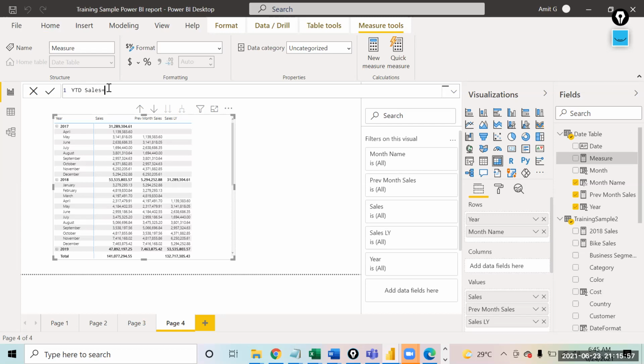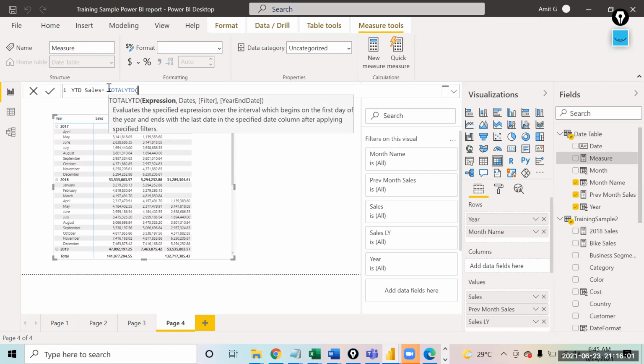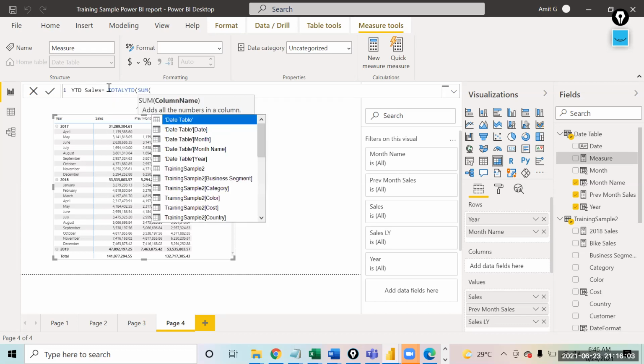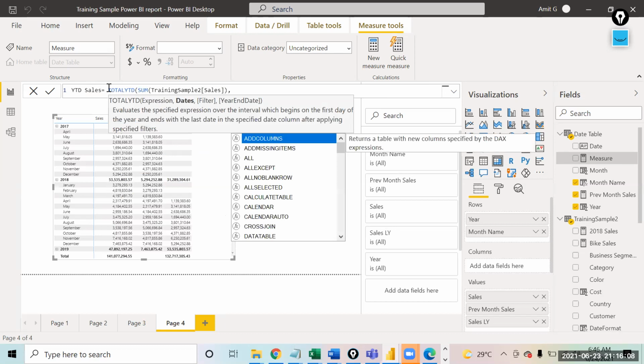For that, we have a function called TOTALYTD. In TOTALYTD, we find the sum of sales, comma, you just have to give the date field again, right?